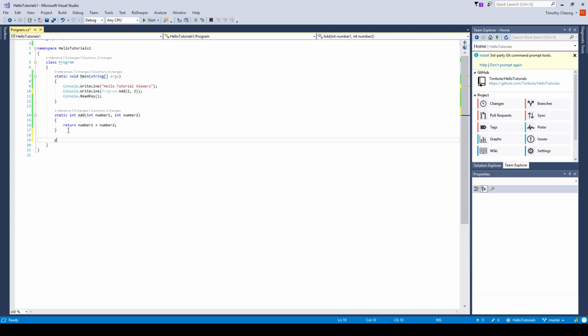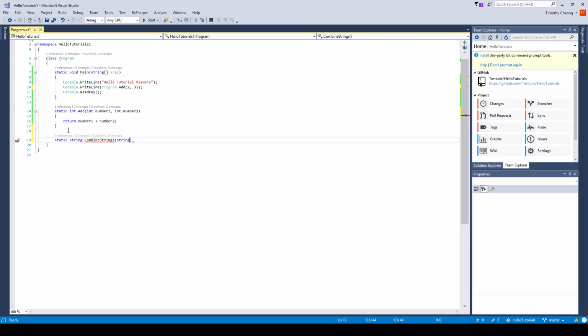So let's have a static string CombineStrings, and this is going to take a string array of my chain of strings. Right, and this will then return